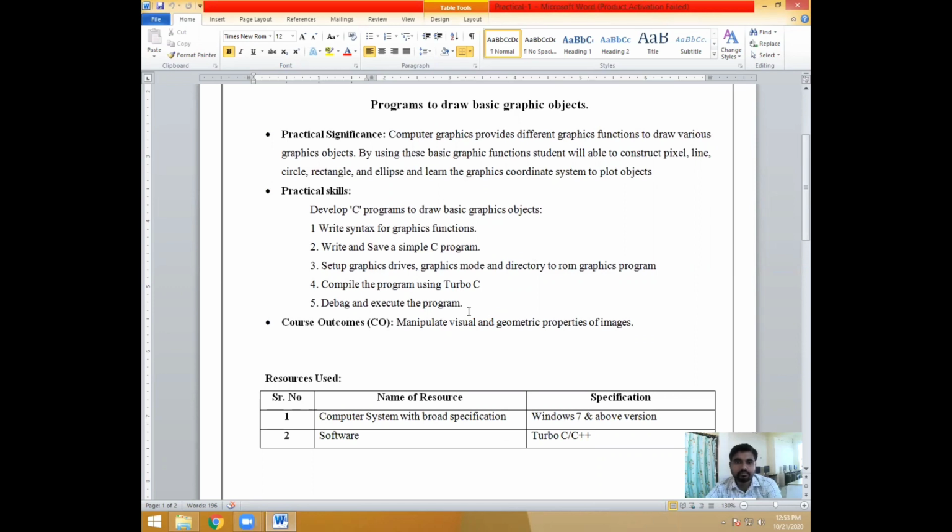The course outcome for this practical is to manipulate visual and geometric properties of an image. The resources required: a computer system with a basic specification, Windows 7 and above version of OS, and the software requirement is Turbo C.